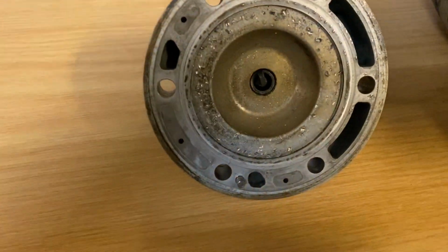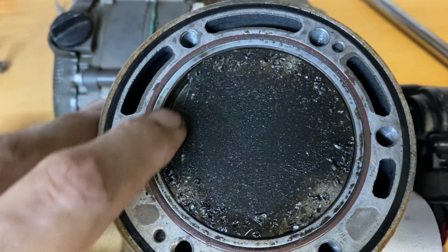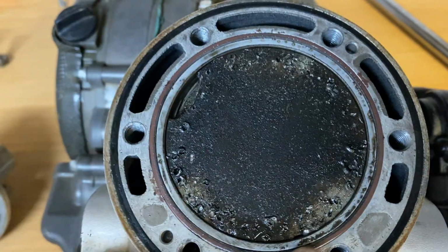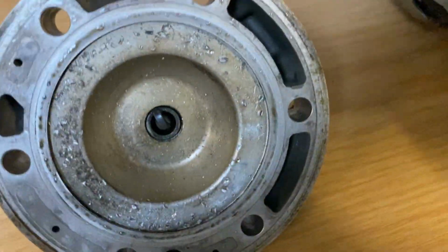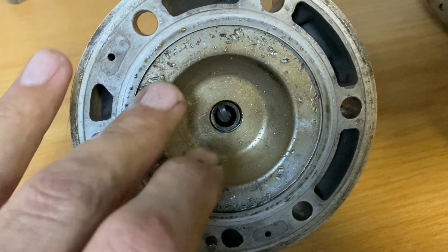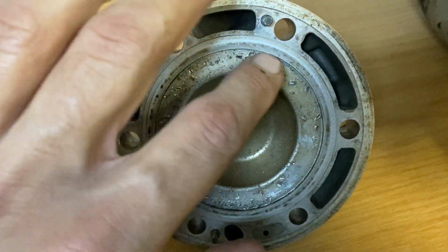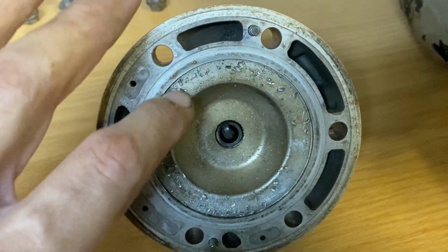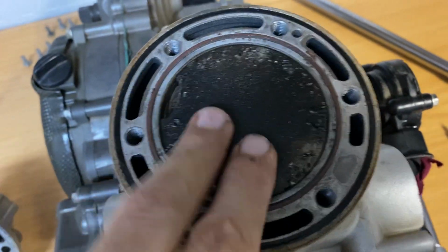Check this out, so a piece of the piston decided to break off right here, and that obviously bounced around and chewed up the head and the rest of the piston, but this doesn't feel too bad, so we can probably just sand this down. We'll sand down all the burrs and that should be alright. Obviously the piston is toast, but